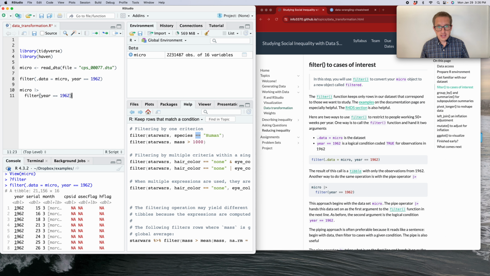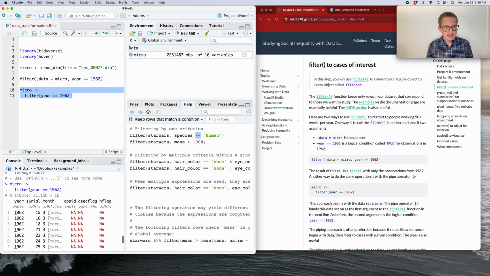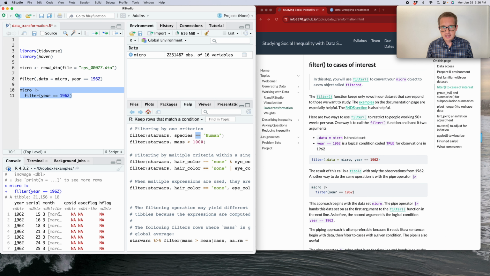Okay, so how do we read this? We begin with the micro data set, and we're going to use the pipe to pass that data set down to the next command. It's going to automatically use whatever's here as the first argument to the filter function. Then the second argument and beyond are going to be the things that we type in here. So when I run this line, I see that I again get the micro data set restricted to the observations in the year 1962. So what I have in line 8 and in lines 10 to 11, they accomplish the